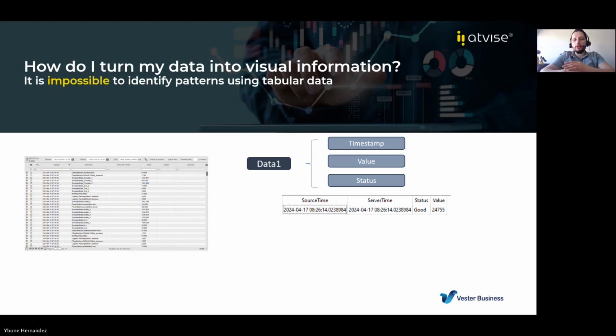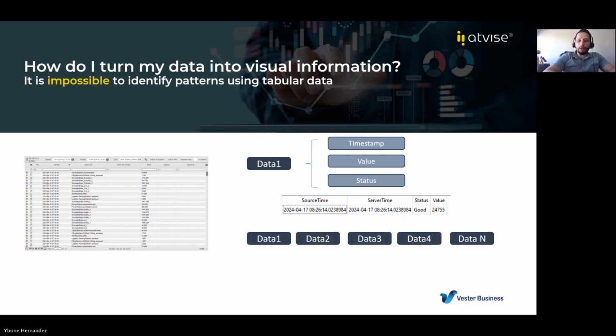So in order to understand better how to process the data and how to work with the data, we need to understand how data is stored, typically in SCADA systems, right? When we do the data acquisition process and we store the data in our historian, we will have four elements: source time, server time, status, and value. Those are the most important elements. Actually, we could have a couple more, but every time that we store a data point, that's the way it is stored.